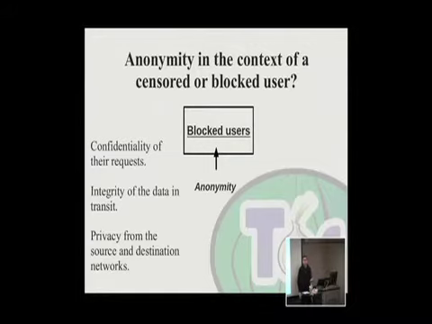With the exception of VPNs, which are just one-off and don't really scale and have a whole bunch of other problems like observation. Like the person that runs your VPN can observe everything that you do. And so they can, of course, target you, they can be compromised, they can be compelled. So Tor improves on that in a pretty big way. And also it ensures that the last part, which is this privacy from source and destination networks, includes the privacy of knowing that it's very hard for someone to target you, to know that you are the person that they want to attack, or that you are the person who is visiting a site and has uploaded a particular video.